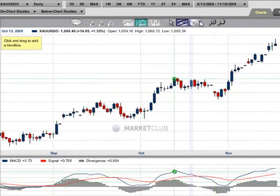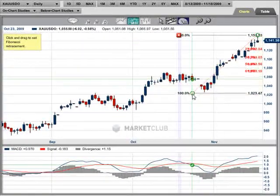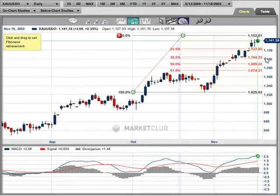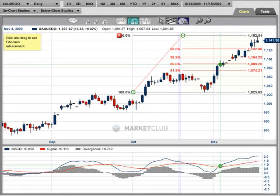So we're going to use the Fibonacci tool, which we use quite often in our videos. And if I draw this down here, and we pull that out somewhat, that's good. So potentially we could see a $40 drop in this market, which would only take it to this level here. Let me draw that in for you so you get a better idea. So we could see a $40 drop, which would take it down to $1,104. Or we could go even further, which is a 50% drop, which takes it down to